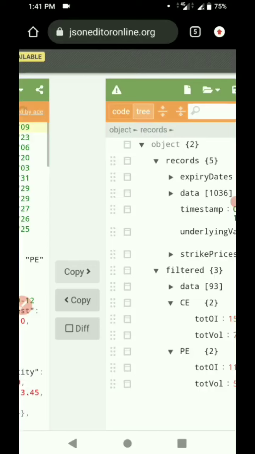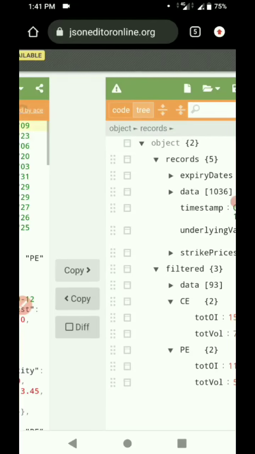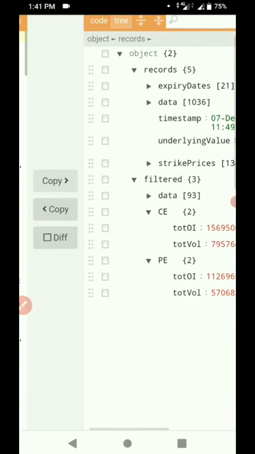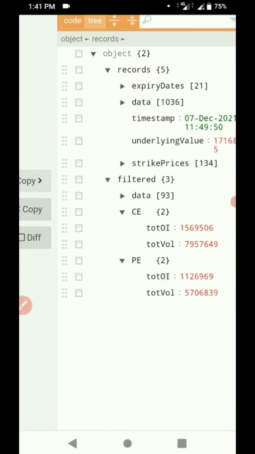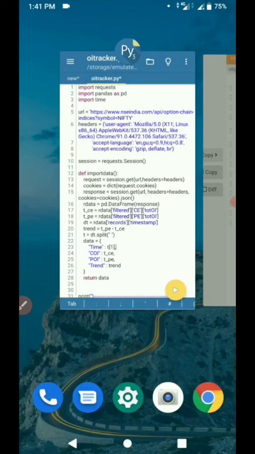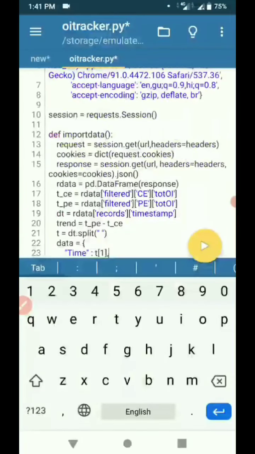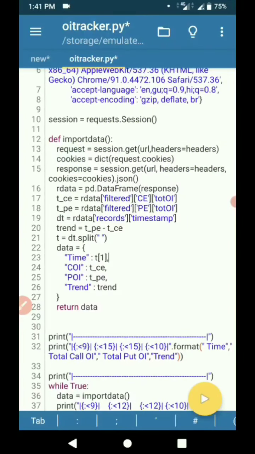So in this timestamp we can see when NSE last updated. We can use this timestamp to get the total call OI and total put OI of the current expiry. So this is the data structure of this particular JSON file. Here, in the data we just create a data frame of the response variable, and then in total call,